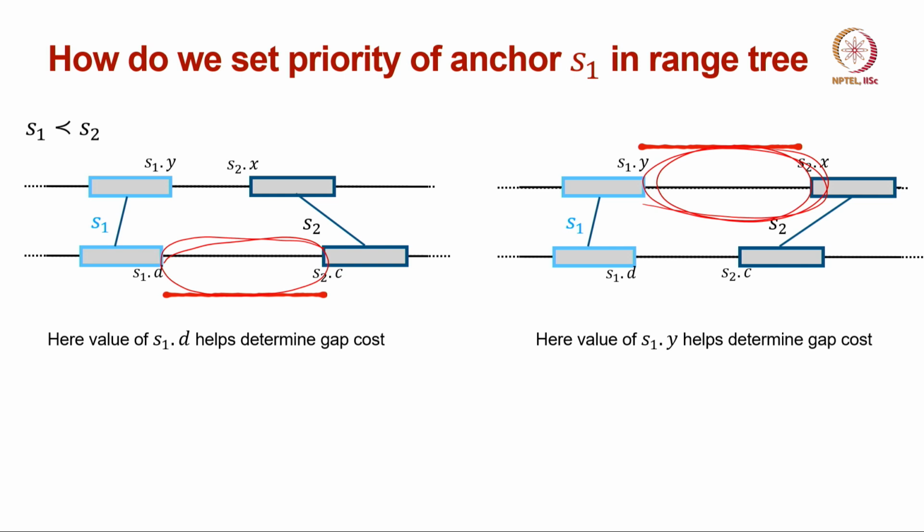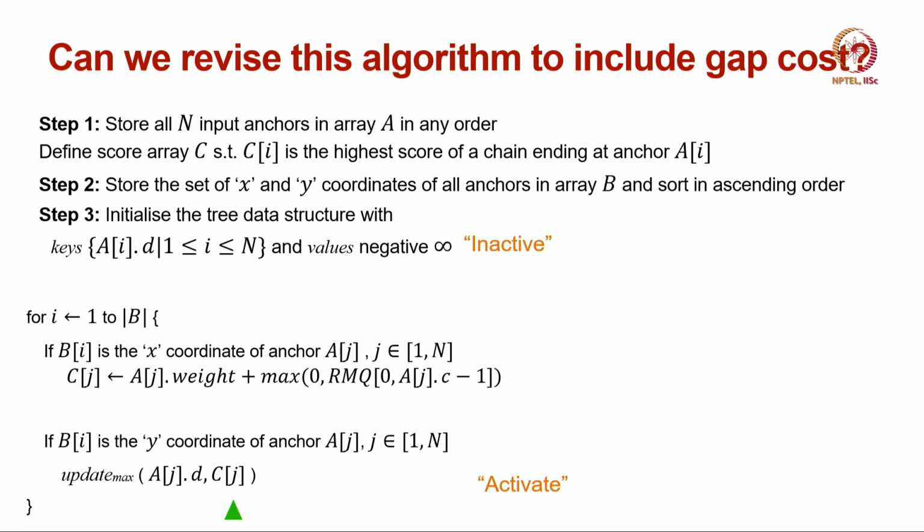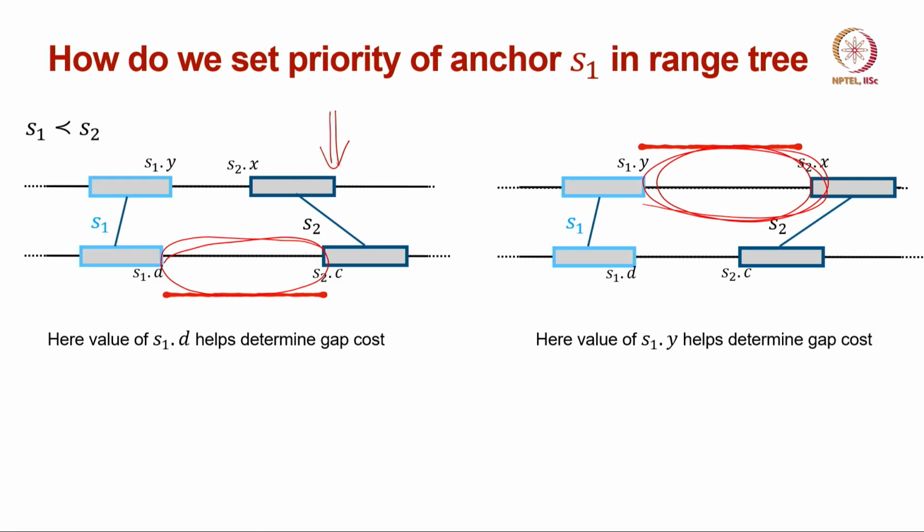For example, if we fix the left hand side case, then we can again work out a similar claim like this, and what we will find is that if we work out the same claim, then we can again set the priority of this anchor in the range maximum query data structure to be this. So, in this case it will be Aj dot d, that is basically the priority of that anchor would be determined by the score of that anchor plus the d coordinate of that anchor, because the more right is the d coordinate or higher the d coordinate, the lesser the